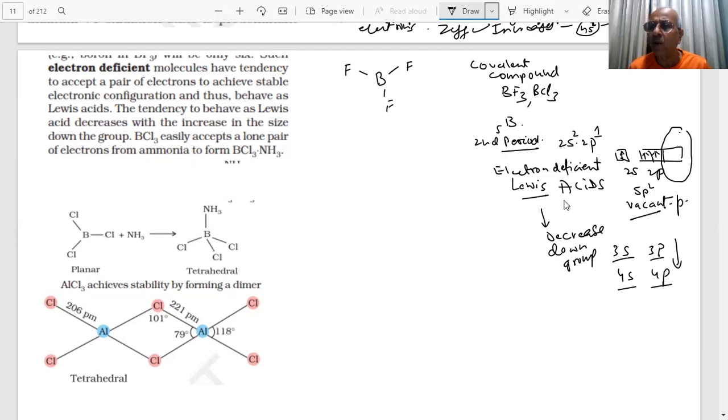So you have been told, students, that the nearer you are to the nucleus, the stronger the power to attract the electron. The farther you go away, the nuclear attractive force becomes weaker and weaker. Yes or no? So what will happen then? The tendency to attract electrons will decrease with the size of the atom.